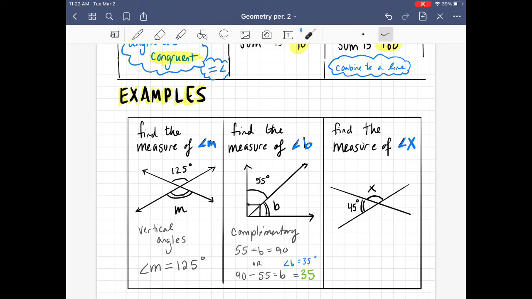And then the last example, it says find the measure of angle X. So I see they're intersecting, but I do see a straight line, and I know part of the straight line is 45, and I want to figure out the other part. Altogether, it's 180 degrees. That's what a line is. So these are supplementary. So I know 45 plus that missing number is going to give me 180. 180 minus 45 is going to give me that missing piece, and we end up with 135, because they are supplementary, so we know that X is 135